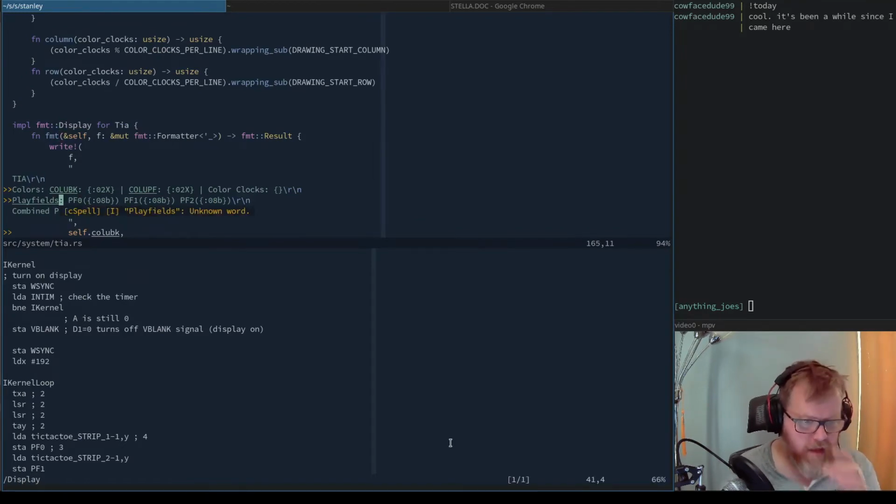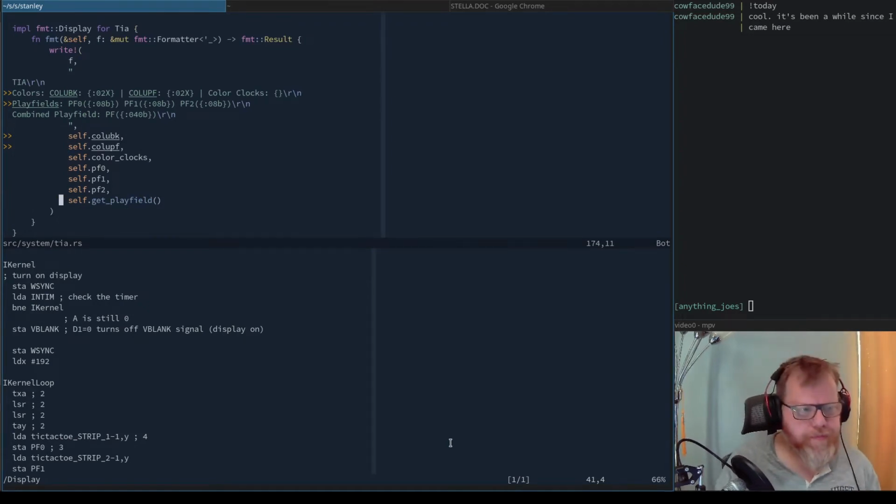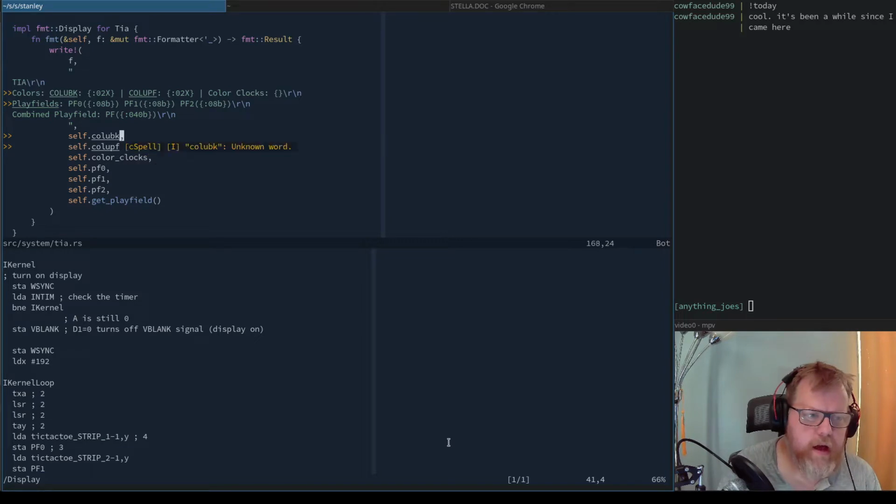We're putting out a bunch of stuff. I don't think the combined play fields are very interesting, and color clocks are actually not very interesting. So we'll leave the combined play fields for now. That'll show us whether it's reflected or not. What I think I want is